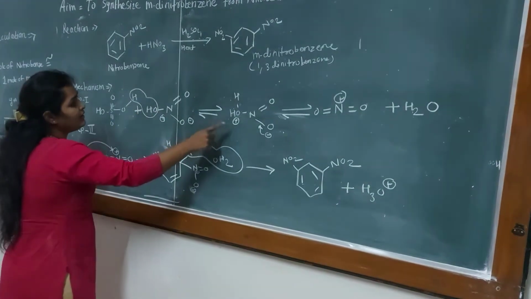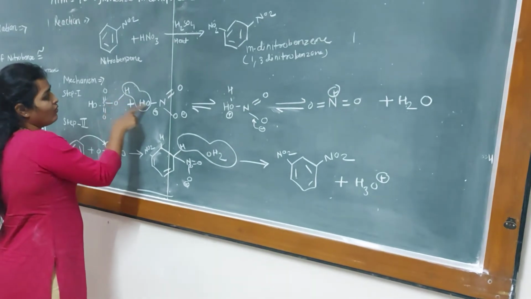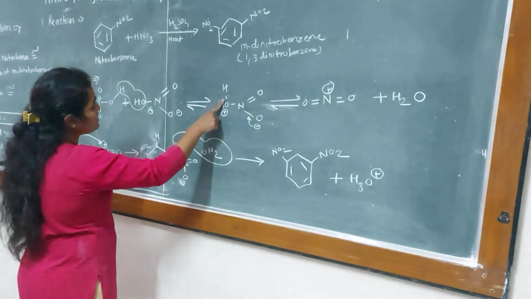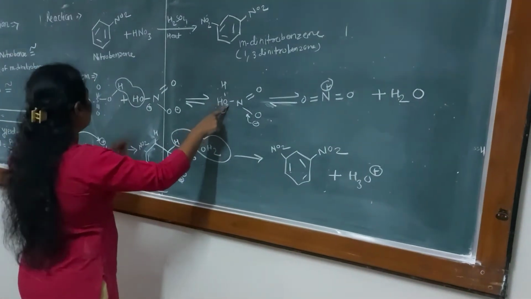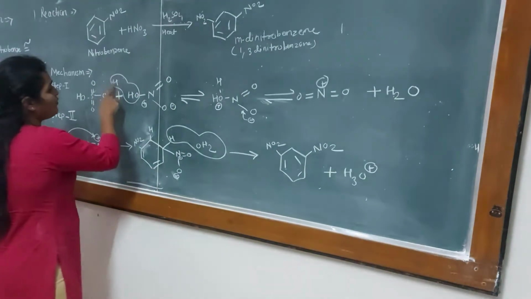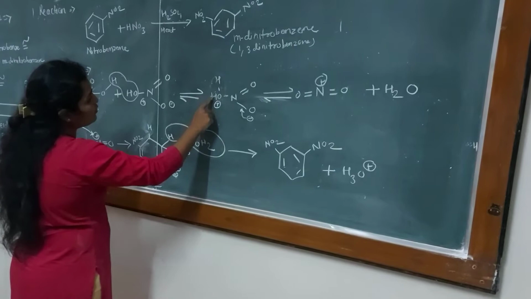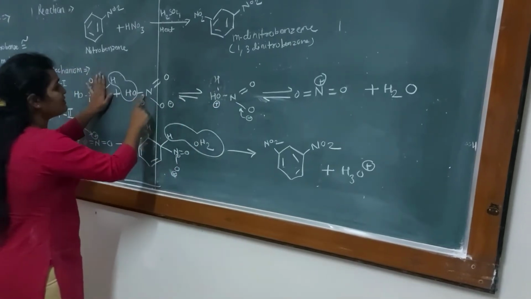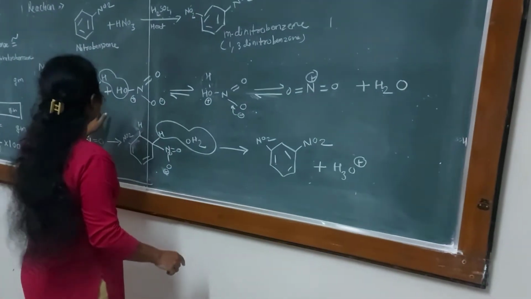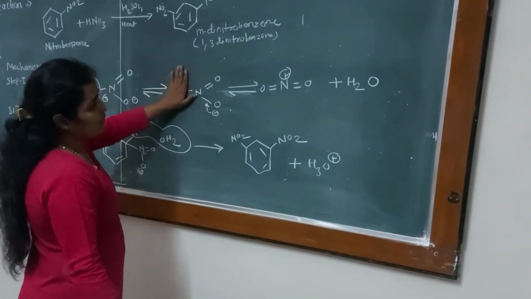HNO3. In that reaction it gives this OH and a hydrogen atom. Here is the formation of H2O, meaning this oxygen atom is attached to the OH group, and here is the formation of an OH bond. Here is the formation of the water molecule H2O, and the remaining structure is the same: N double bond O, O minus, and HSO3.